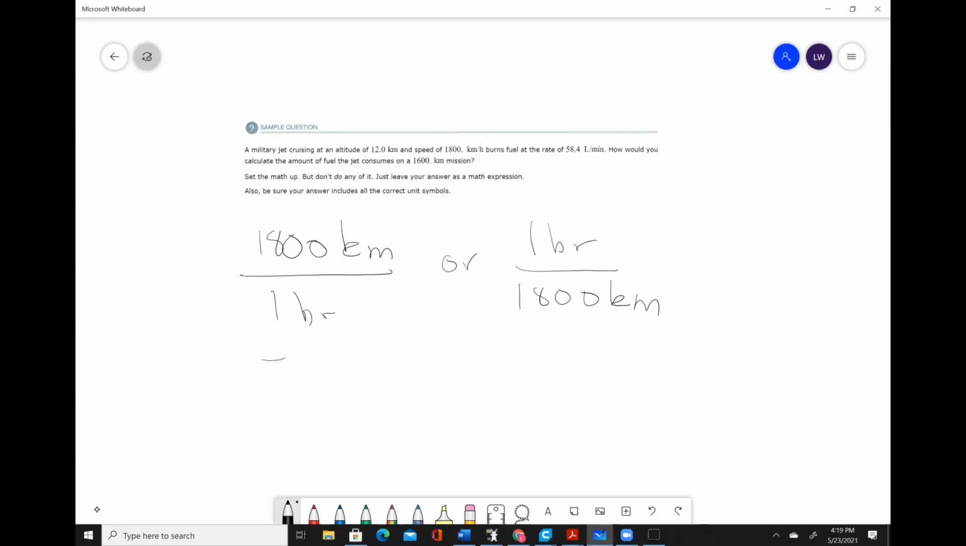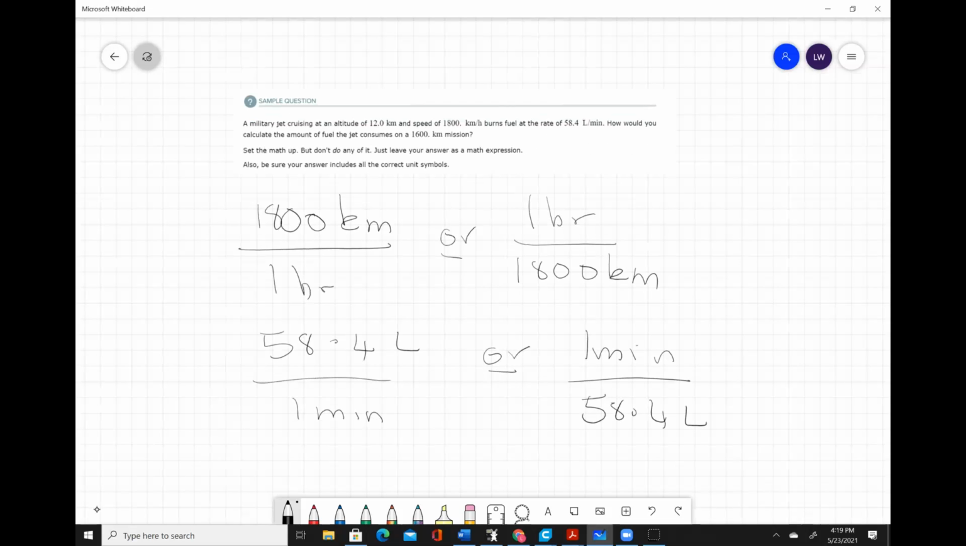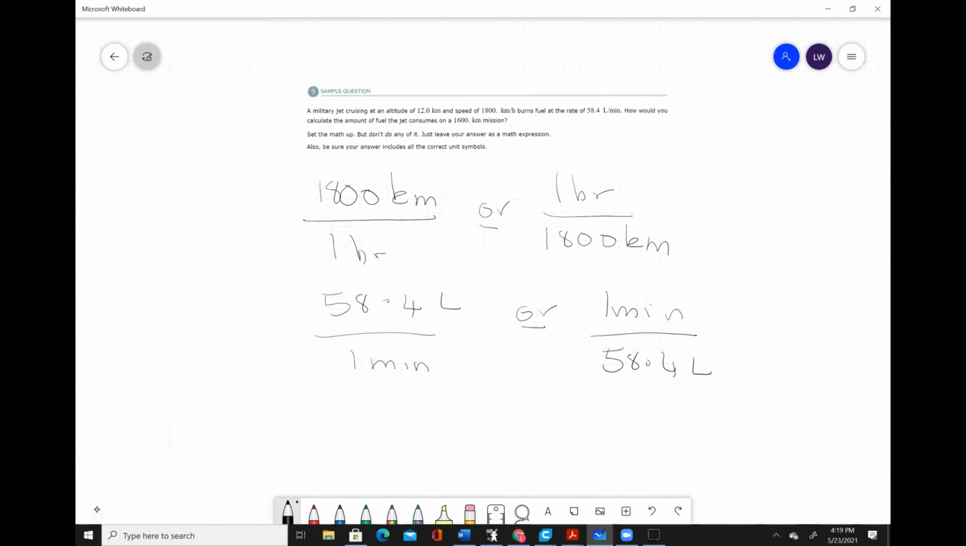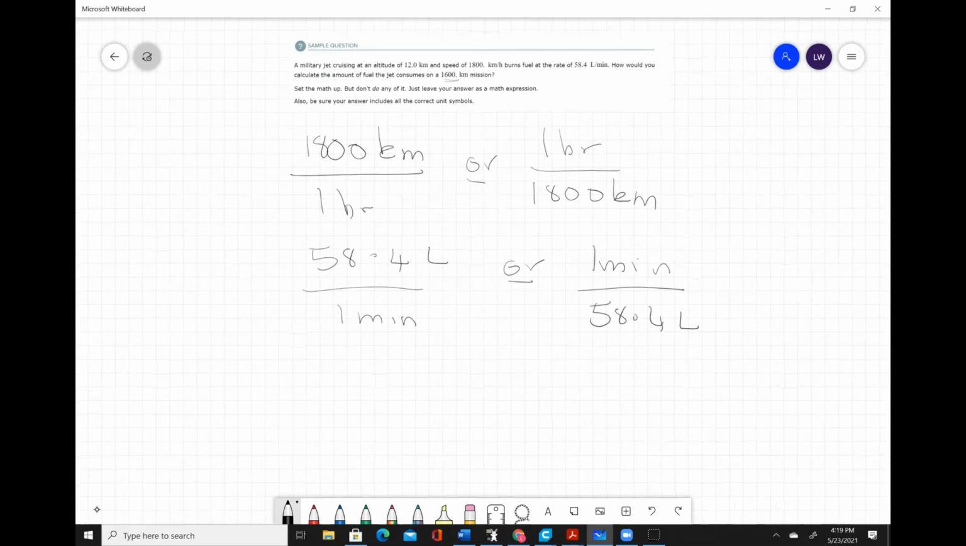So again, that's a conversion factor, so that's really interesting. So I'm always kind of taking note of that. So it looks like, remembering that this is a two-step problem, these are going to be my two conversion factors. All right. Now it says calculate the amount of fuel that a jet consumes on a 1,600 kilometer mission. So it doesn't really tell me what the units have to be in, but it's going to end up in liters,